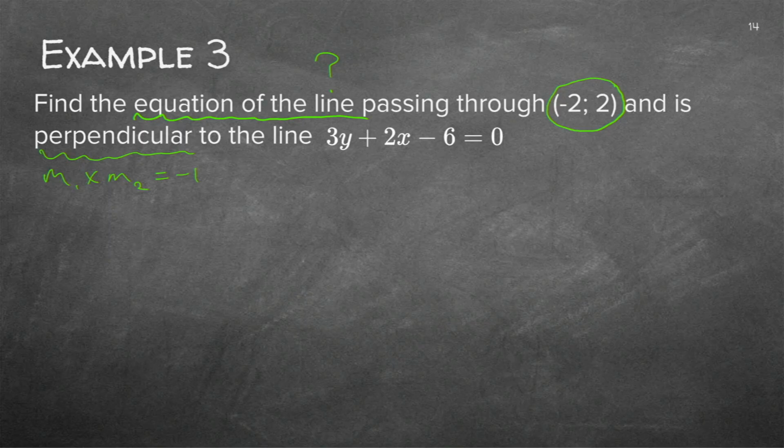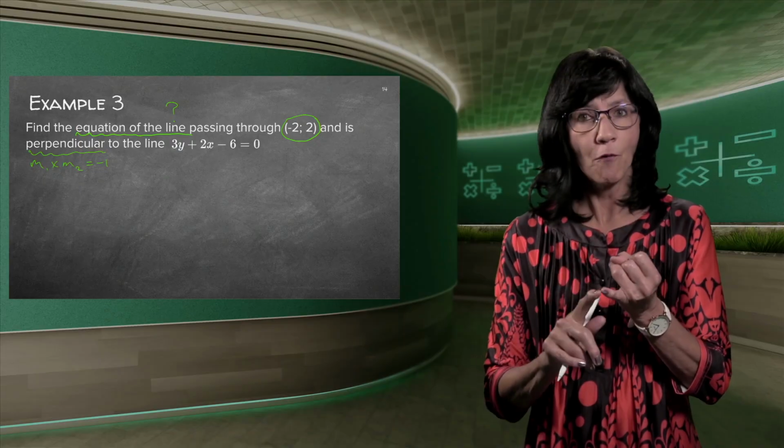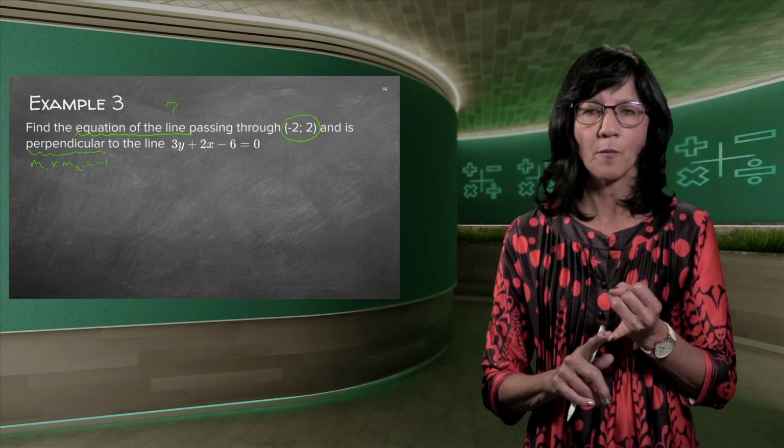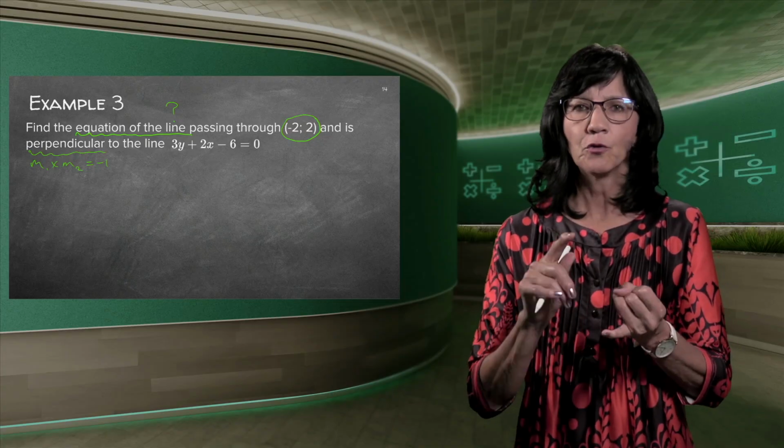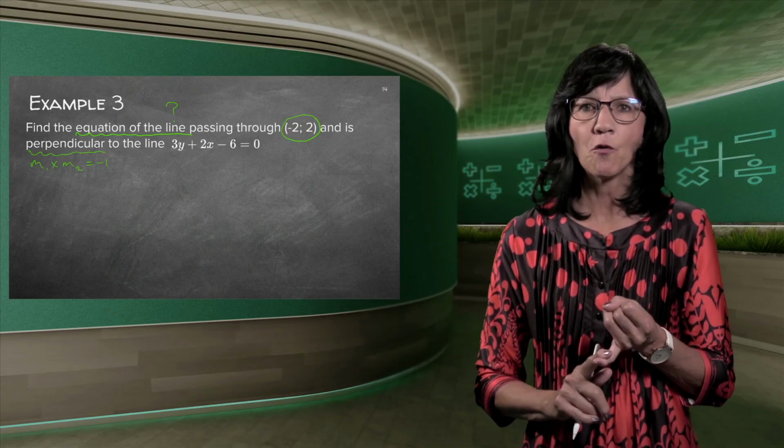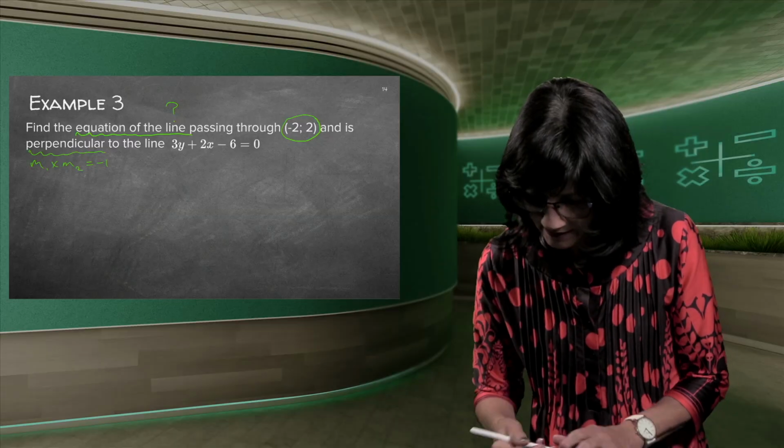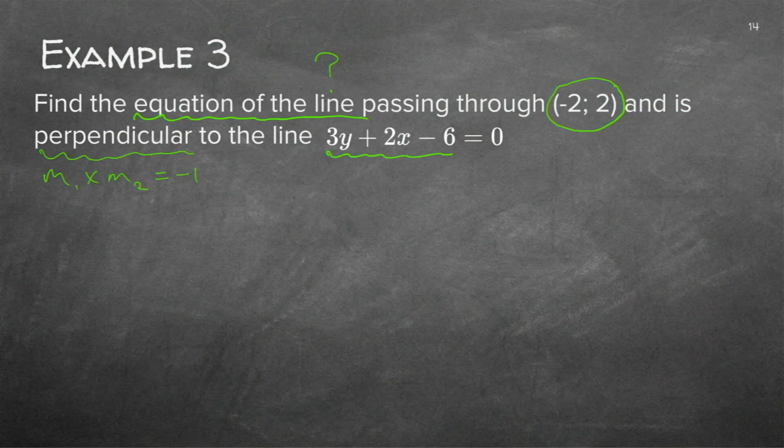Immediately, when you read a word that you know a formula for, remember previously I said go write down the formula. And that's what we've done now. You read the word perpendicular, there's your formula for perpendicular. But now look at this ugly equation here. It's not at all in the standard form. I cannot get the y all alone as it is there.